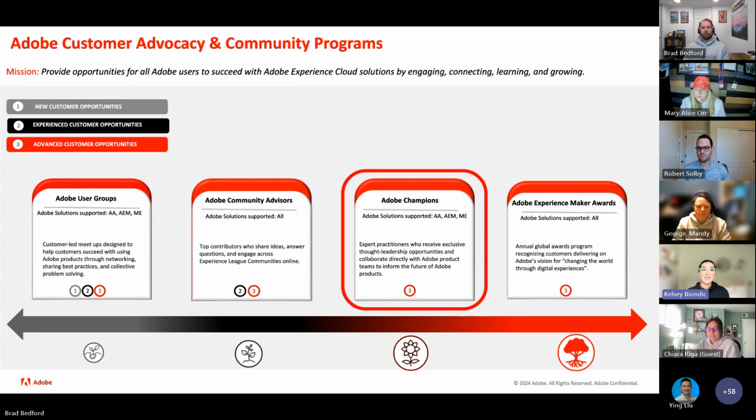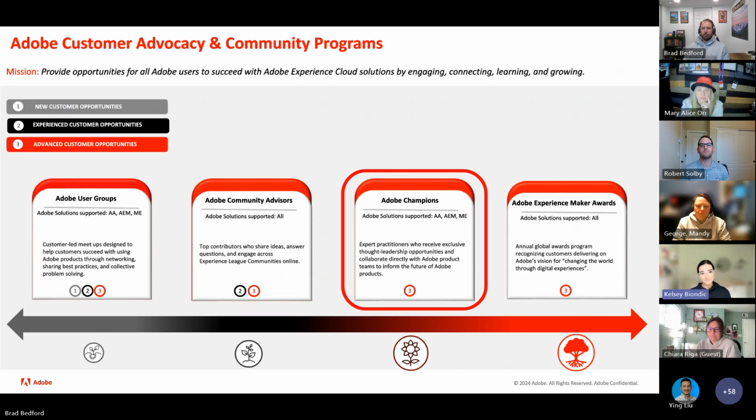But first, we have the user group program, which we have for analytics, AEM, and Marketo. These are in-person meetups and virtual meetups hosted globally. And if you aren't aware of what's in your area, we can send out some links so you can see which user group programs are near you. But it's really intended for you to connect with other users, talk shop, share best practices, and have that FaceTime with one another.